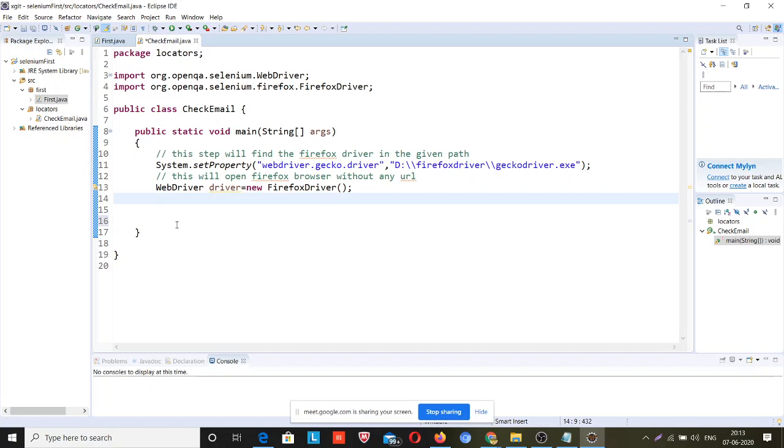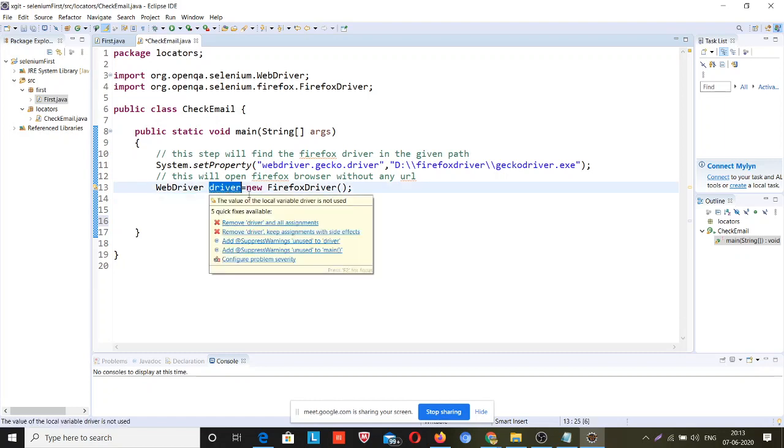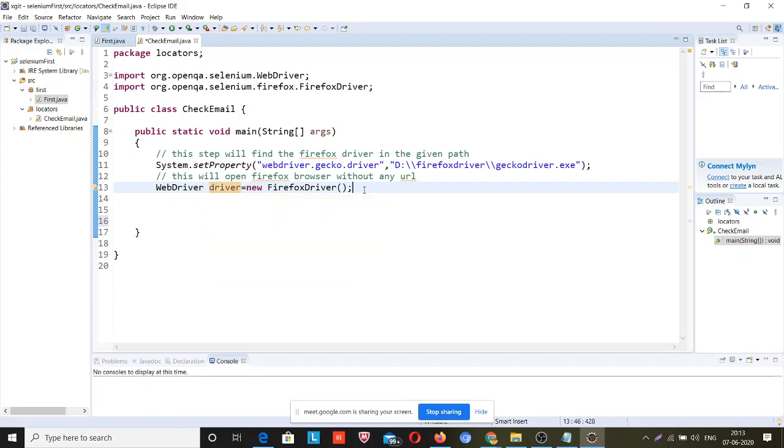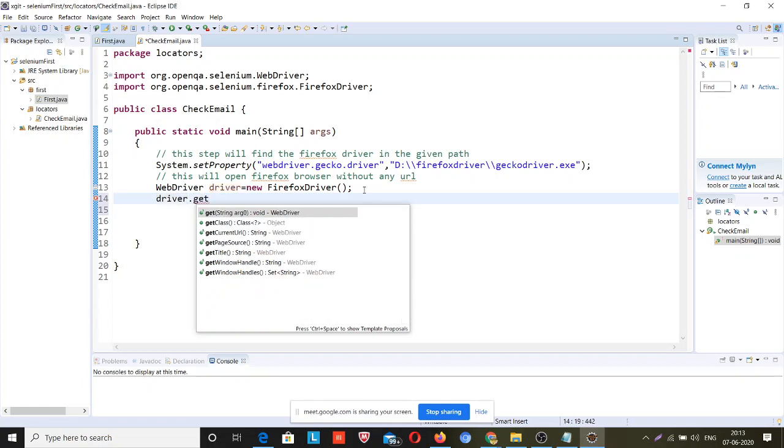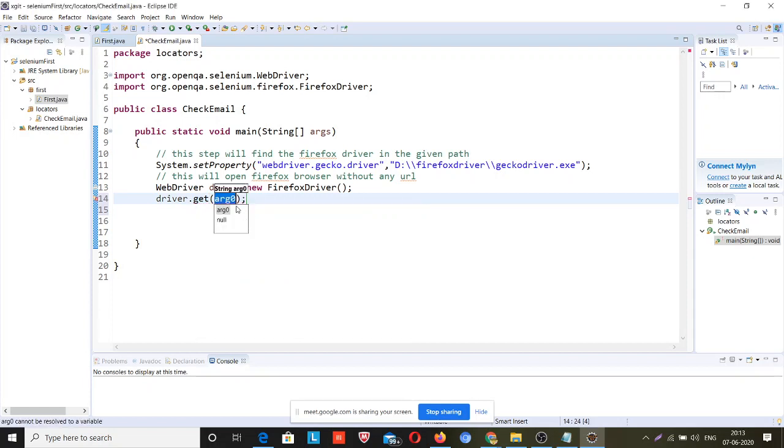So now this driver class object will need a URL: driver dot get. This get method is basically a string method, and in this method you need to pass the URL as a string.